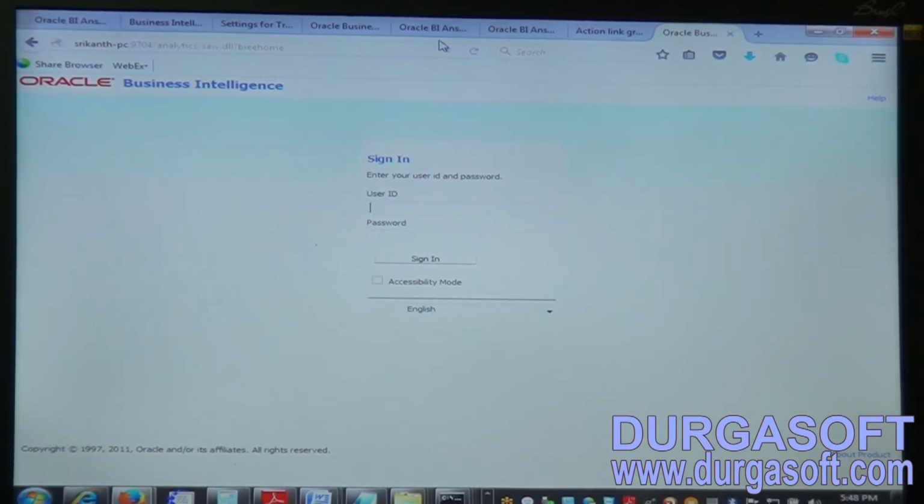Our services got started and it opened a page where we can log in with the WebLogic user ID and password for dashboard development.